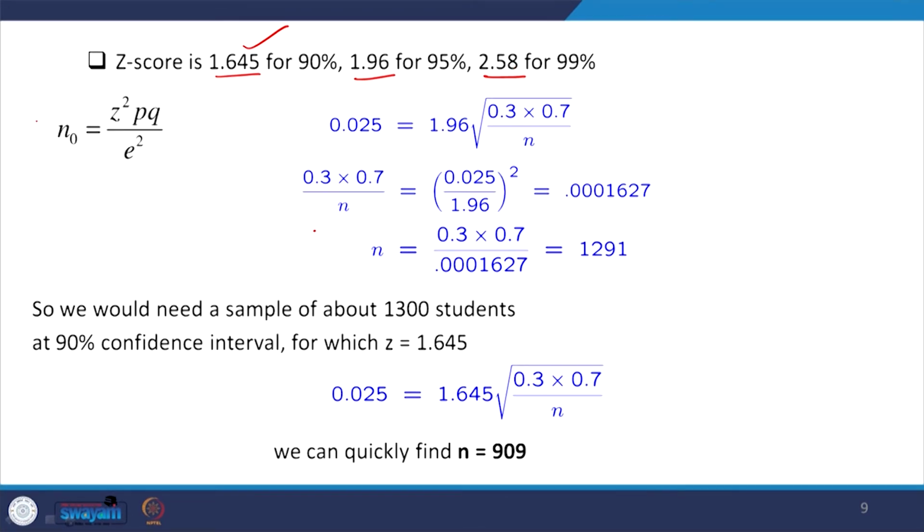Now, our n0, that is sample size, is equal to, as per the formula, ME, the margin of error we have already defined as 2.5%, that is basically 0.025. So, 1.96 is our standard Z value, and